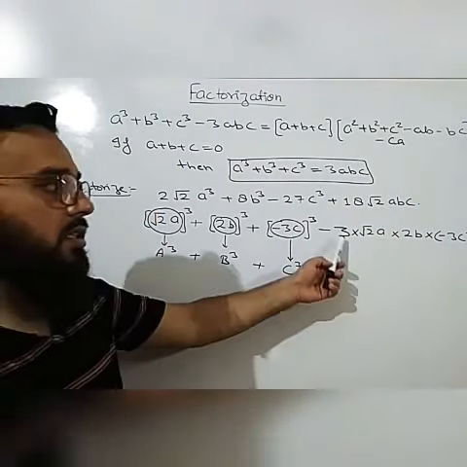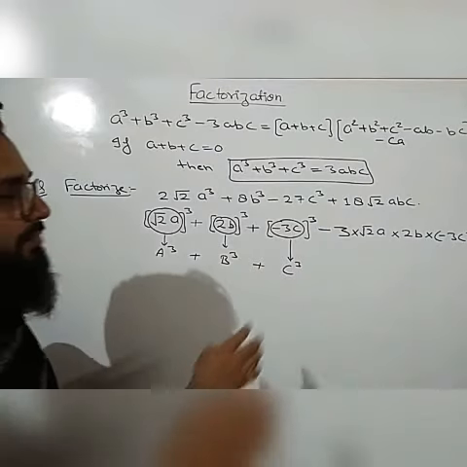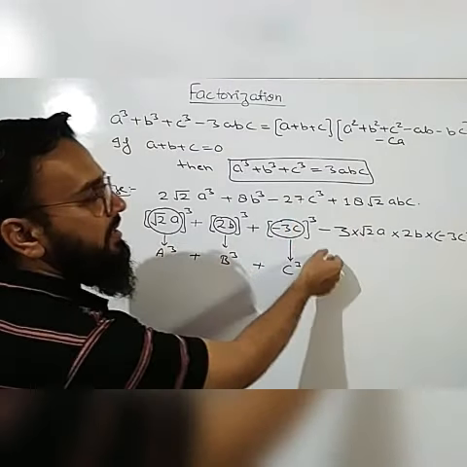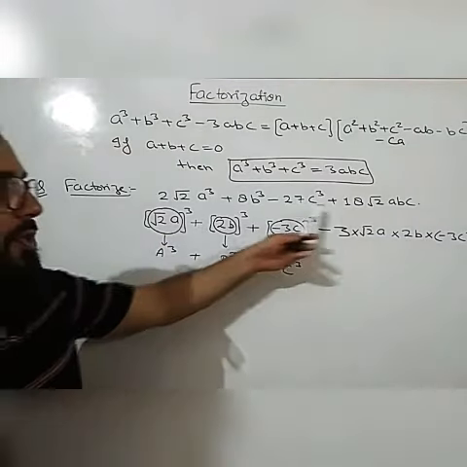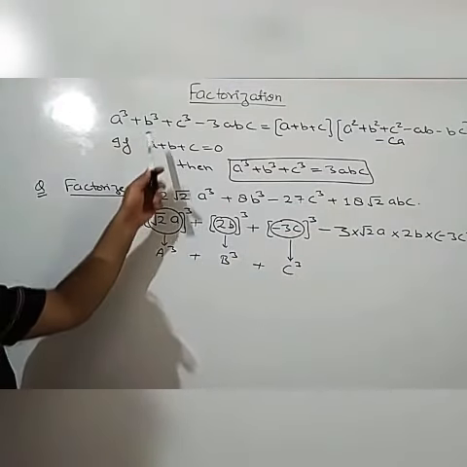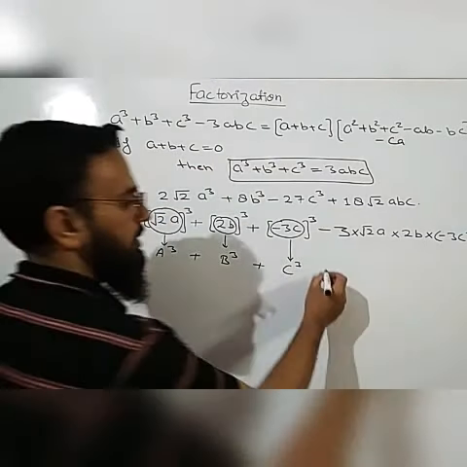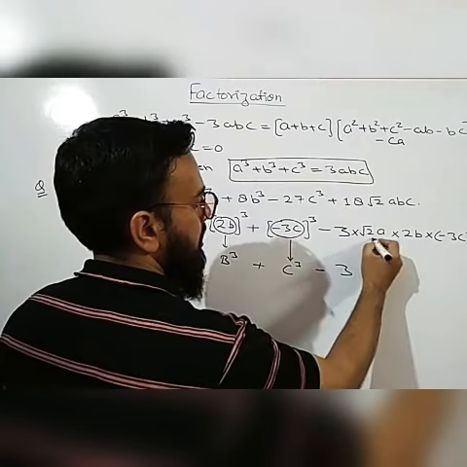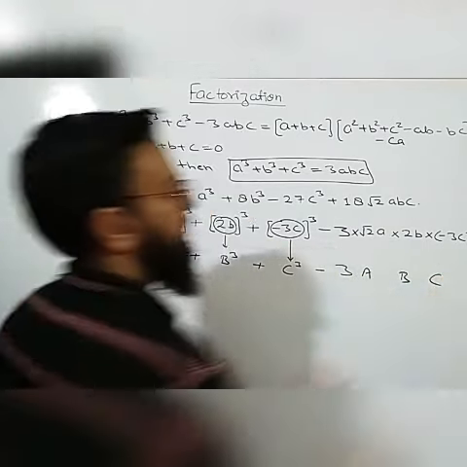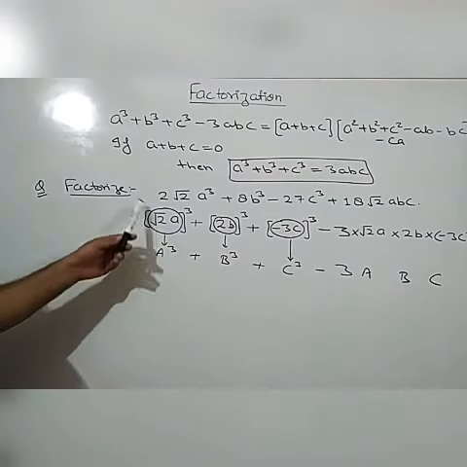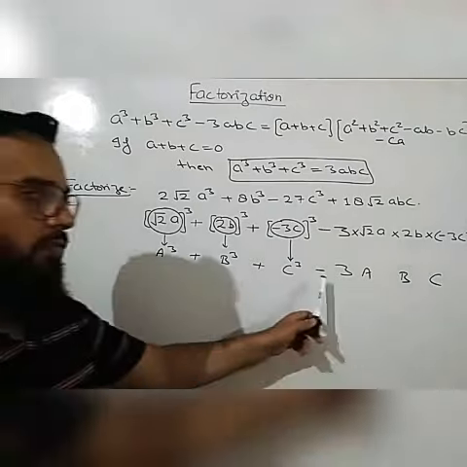But it is arranged in terms of the identity. So basically what we have to do is convert the given expression in terms of the identity. Here we have converted the given expression in terms of the identity a cube plus b cube plus c cube minus 3abc. Here it is minus, this is 3, this term is a, this term is b, and this term is c. It means the given question is converted in terms of this identity a cube plus b cube plus c cube minus 3abc.